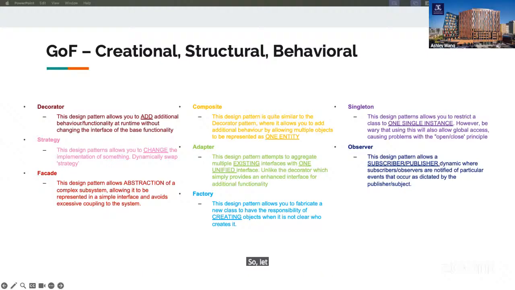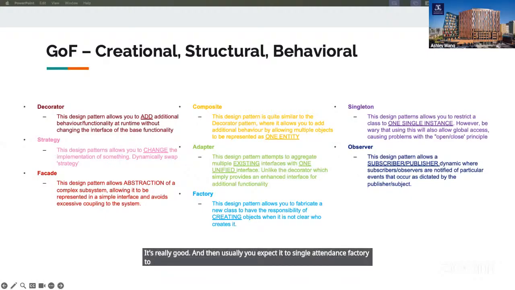So let's do a really simple example. This doesn't cover everything, but let's do a really quick practice. If I ask you that we want to assign a responsibility to create a certain object, what patterns should you pick? If we are creating something. Factory, yeah. What else could be relevant? Singleton, excellent. Usually you expect to see singleton and factory go together, right? Singleton and factory are usually best friends.